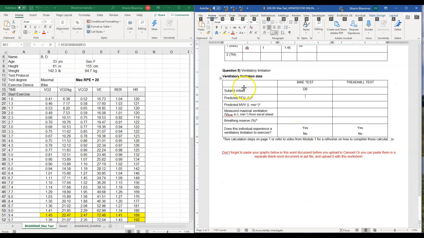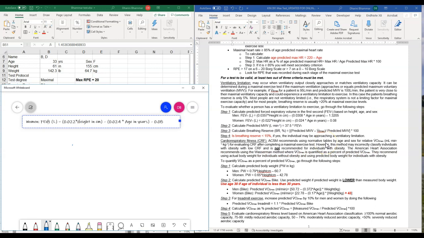Ventilatory threshold, the ventilatory limitation calculations kind of go along the same lines. There are steps on the first page that show you what you have to do, and then you'll go through and predict FEV1, maximum voluntary ventilation, and the actual ventilation in the sheet, so I can type that out right away. It's 72.48. And then the breathing reserve that you calculate. So there are 3 things that you calculate and 1 thing that you interpret. So just like you've been doing before, you'll go to the steps. So here are the steps. Step 1 is to calculate the predicted FEV1. And for women, we'll use that formula because this is a female.